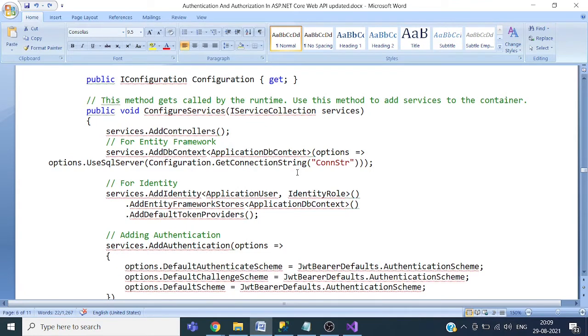So here we are adding the support for Entity Framework. Okay, we are reading the connection string and we are passing it to options.